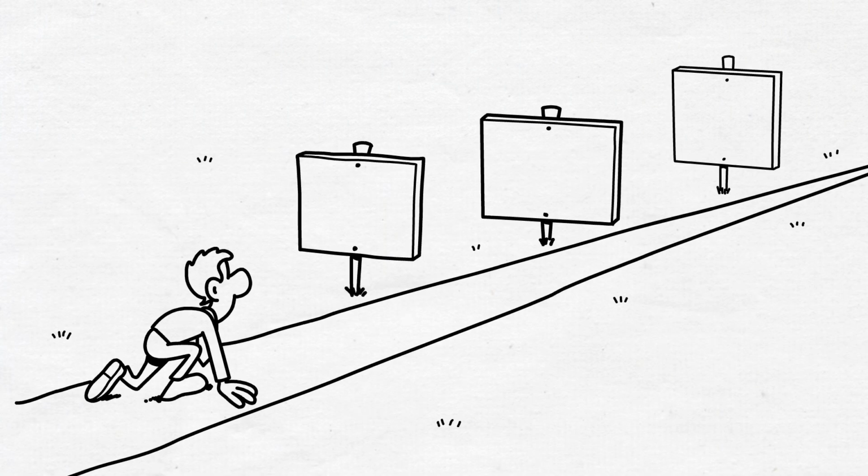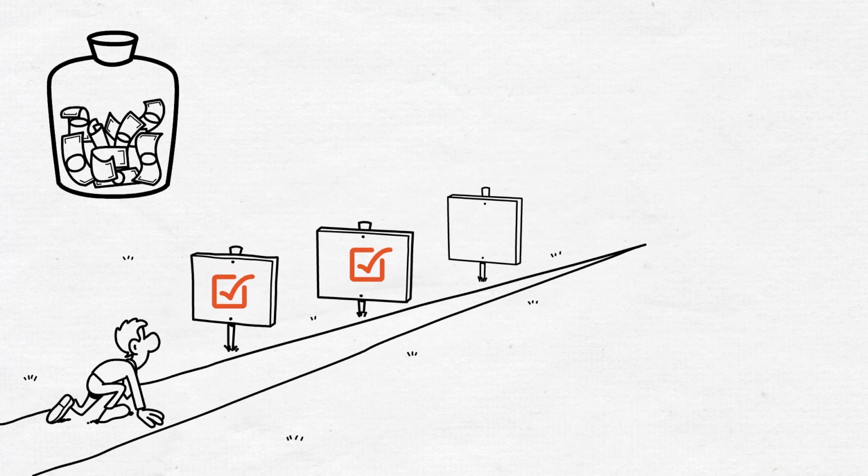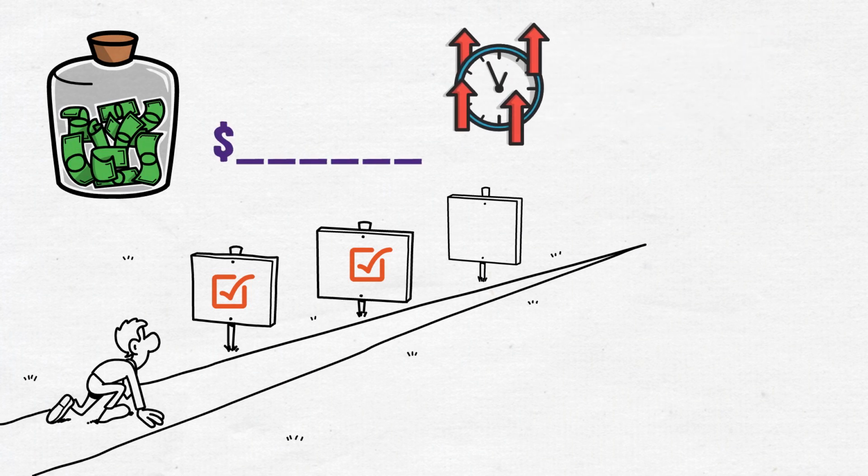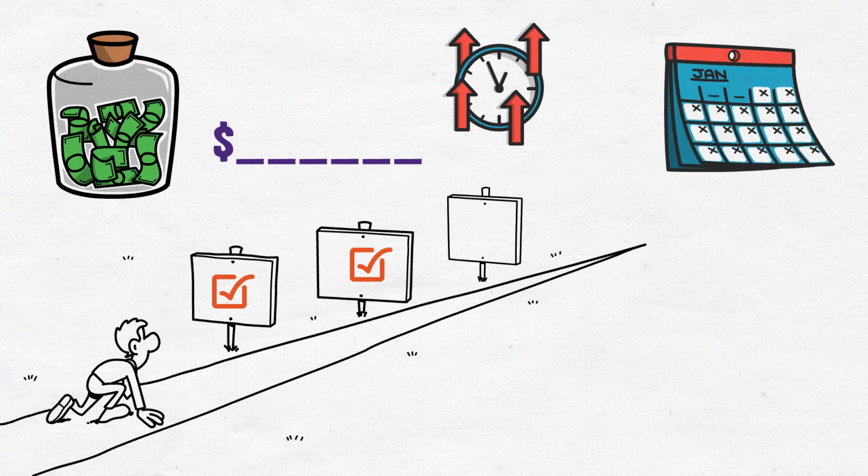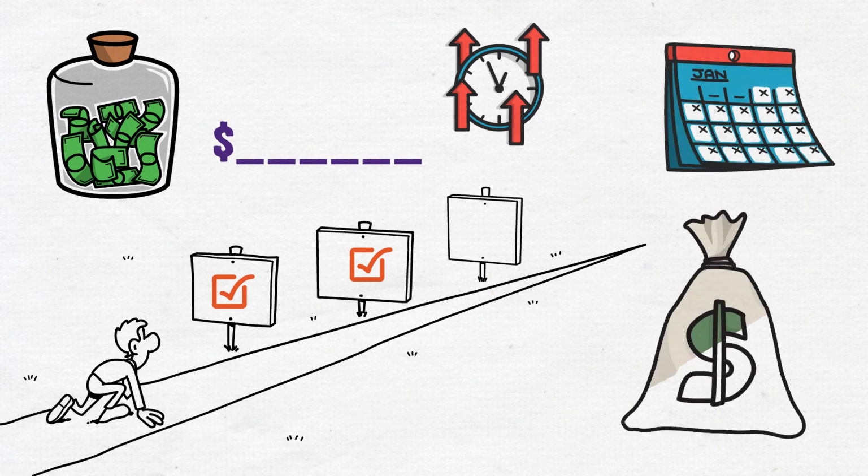Measurable goals. Measurable goals help you track your progress. When you set measurable goals, you have a way of knowing whether you're on track or not. For example, if your goal is to save money, set a specific amount and a timeline to save it. That way, you can measure how much you've saved each week or month and adjust your strategy if needed.